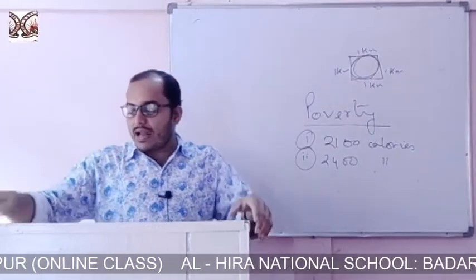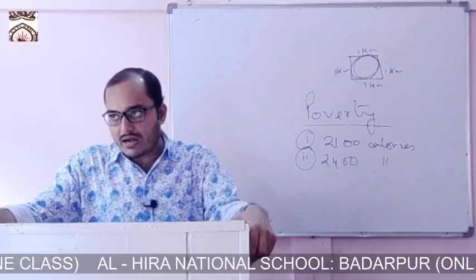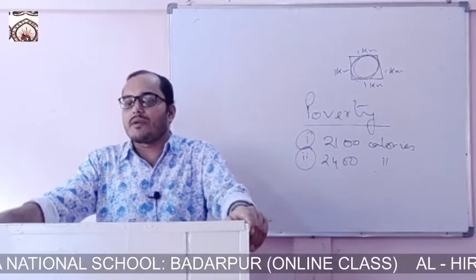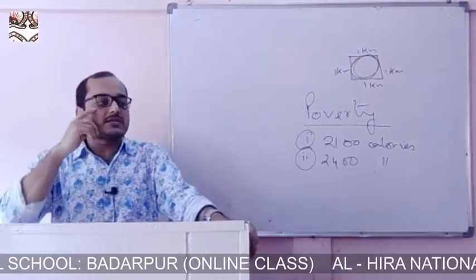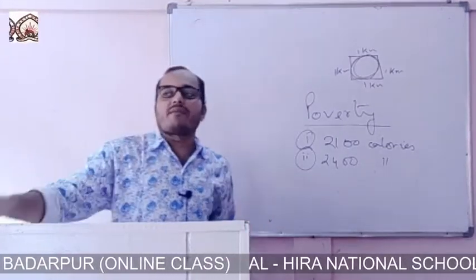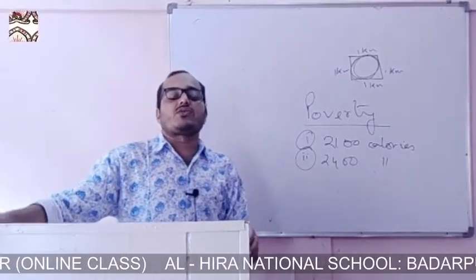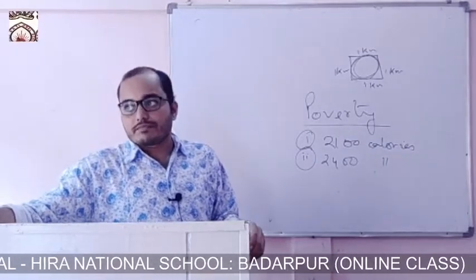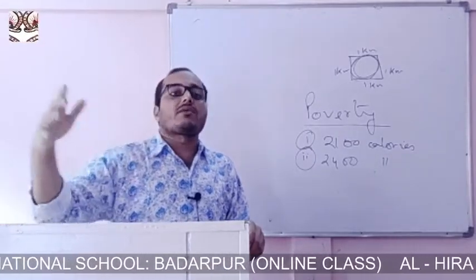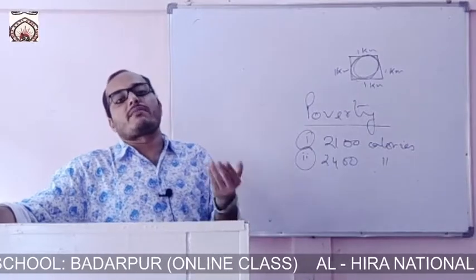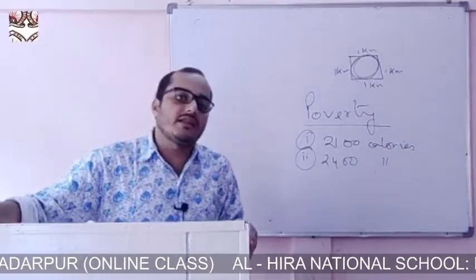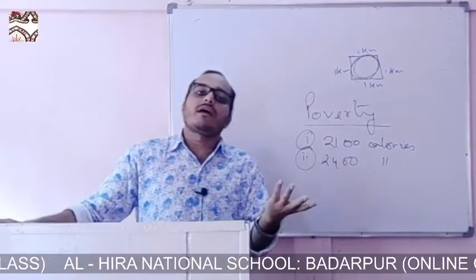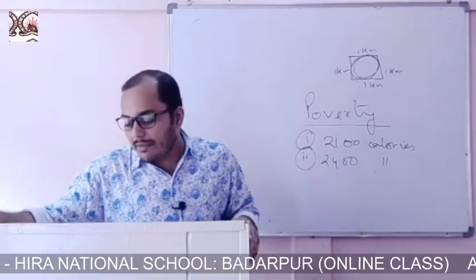Again, rural unemployment is of two categories: one is seasonal unemployment, another is disguised unemployment. Seasonal unemployment is a type of unemployment where, in a particular season, when the monsoon season comes for cultivation, the farmers remain engaged in their field, so this is employment. And in the off season, after that there is no work, they remain unemployed.